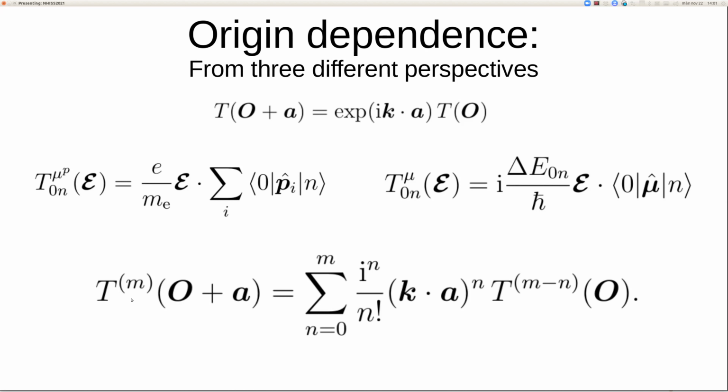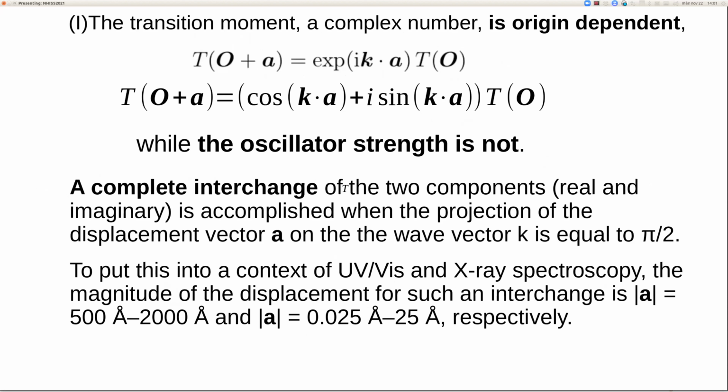And then we can look at the transition moments to different orders and see how they transform into each other and what kind of consequences that has. So let's start with the first one, where I'm saying that this transition moment has this complex factor in front of it. And if we expand it the way Euler would do in a cosine and a sine part, we see that